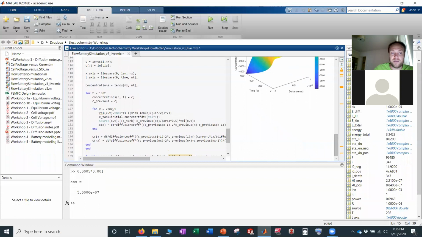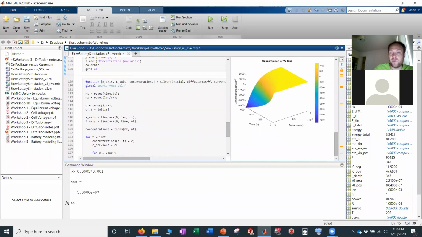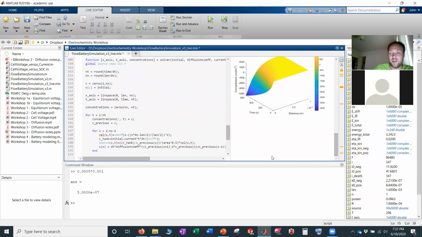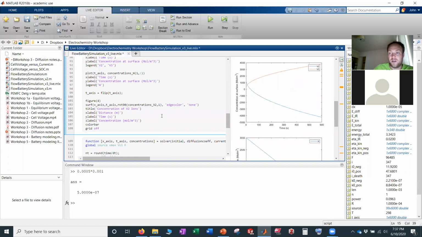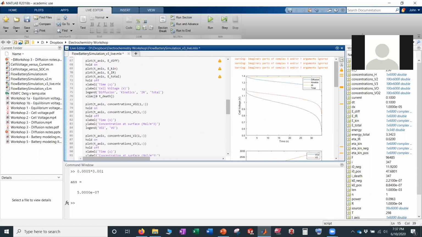I added this source term, and then I tracked it. So you can see, because I had to declare my global variables to pass them into here, I declared source, Vmax, volume, and F, so I can pull them from above. And it's also nice because I can find them in here. So if we run our code,